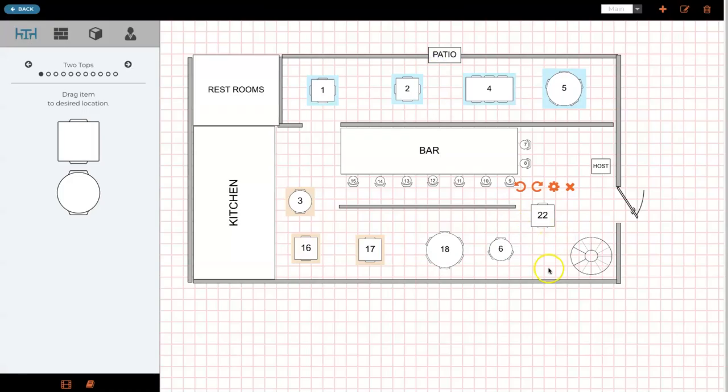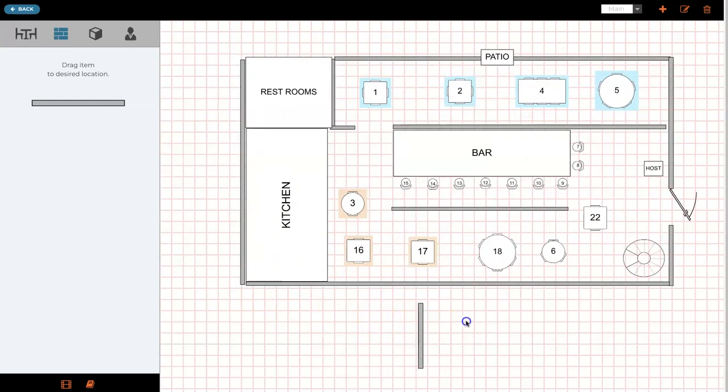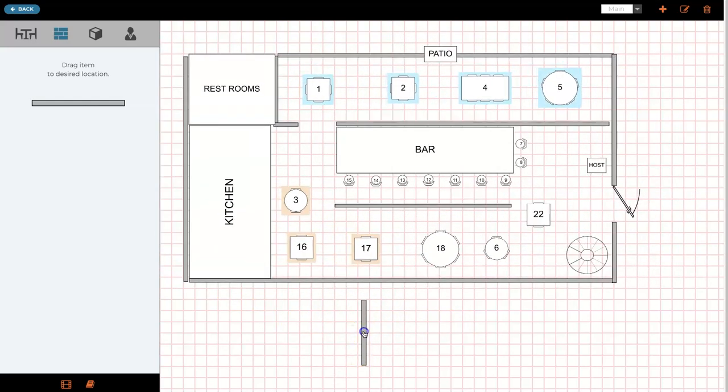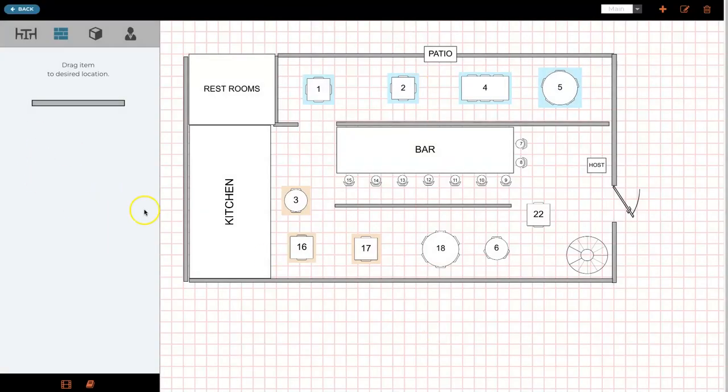save, and now you have a table. Very similar thing, you could do that with walls as well. Very easy to sit there and add a wall, add windows, move things around. It's really, really easy to use. I'm going to go ahead and delete this. Again, very easy. The next step, once you've built your restaurant floor plan, is to go ahead and create the